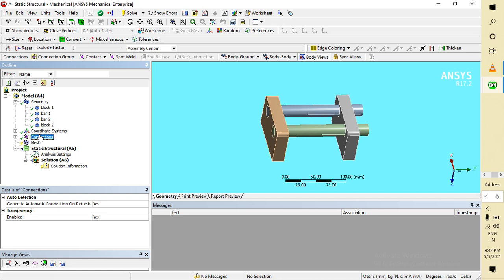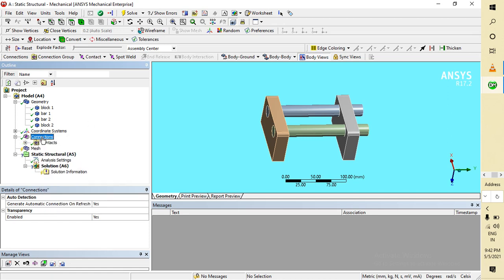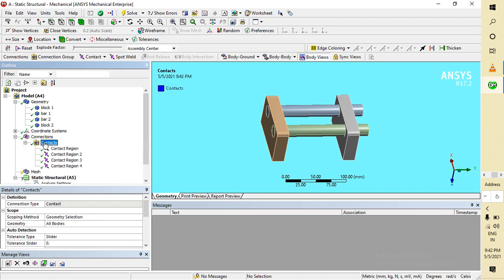So now go to connections. The best thing in ANSYS is that ANSYS will provide the contact regions implicitly. It means it will automatically generate the contact between the bodies.